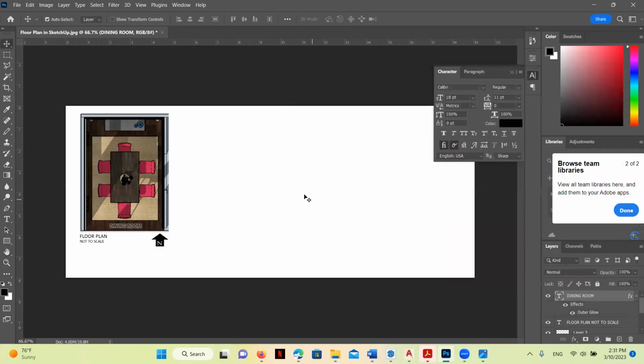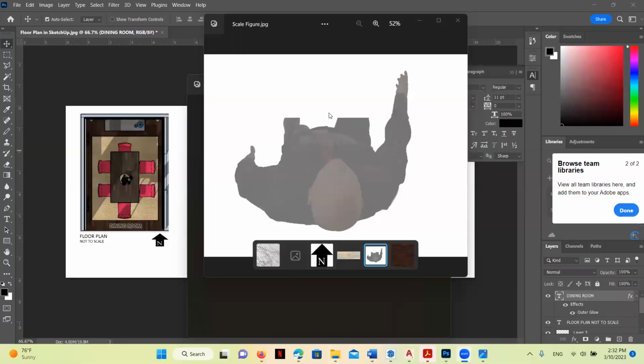So you've got your room labels on there. And then we want to make sure that we also add some scale figures and some camera views. So I'm going to pause again and I'm going to bring my scale figure in. Okay, so here's my scale figure now. Remember, scale figures are not required in floor plans, but they're really, really nice if you can put them in a couple places. You don't have to, but I want to at least show you how to do it.